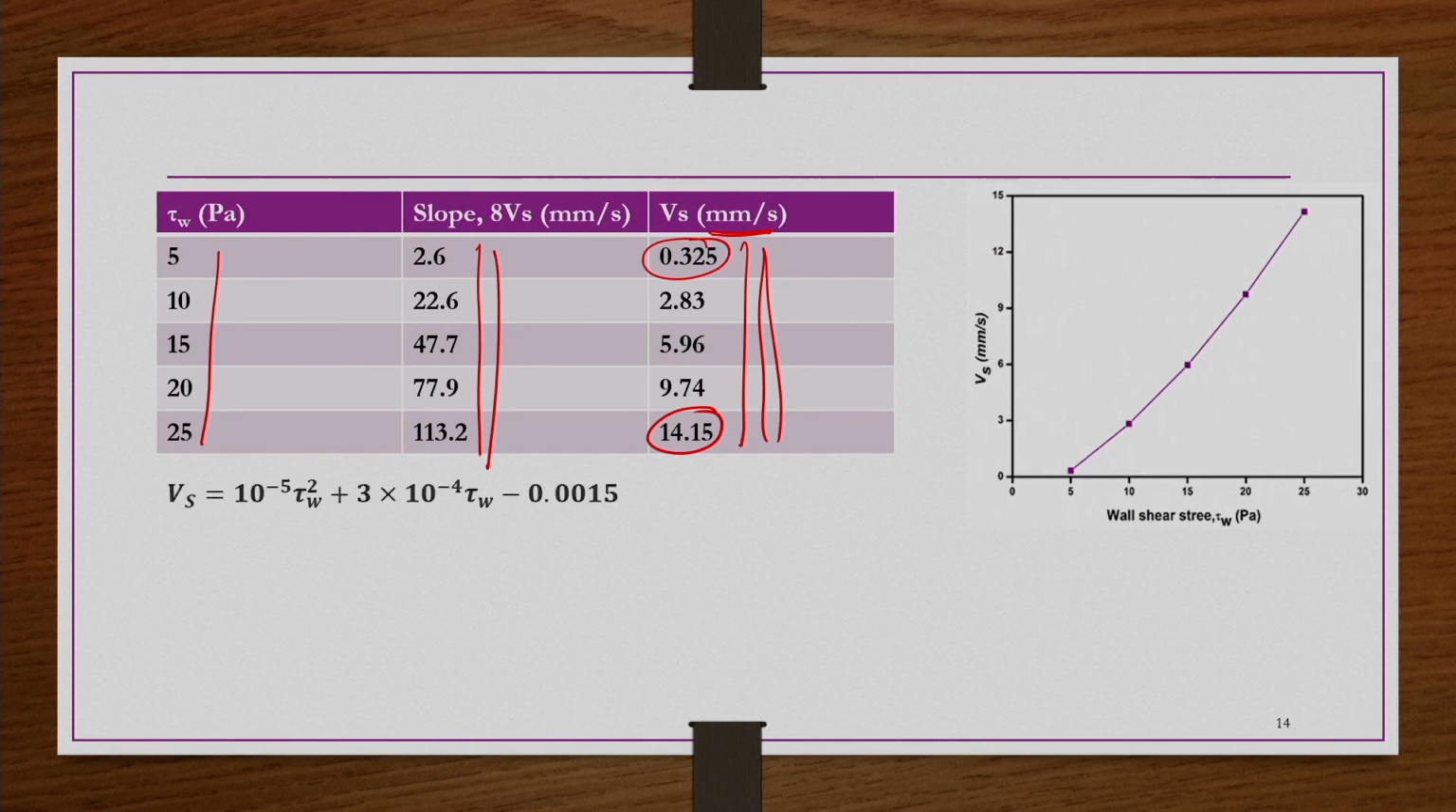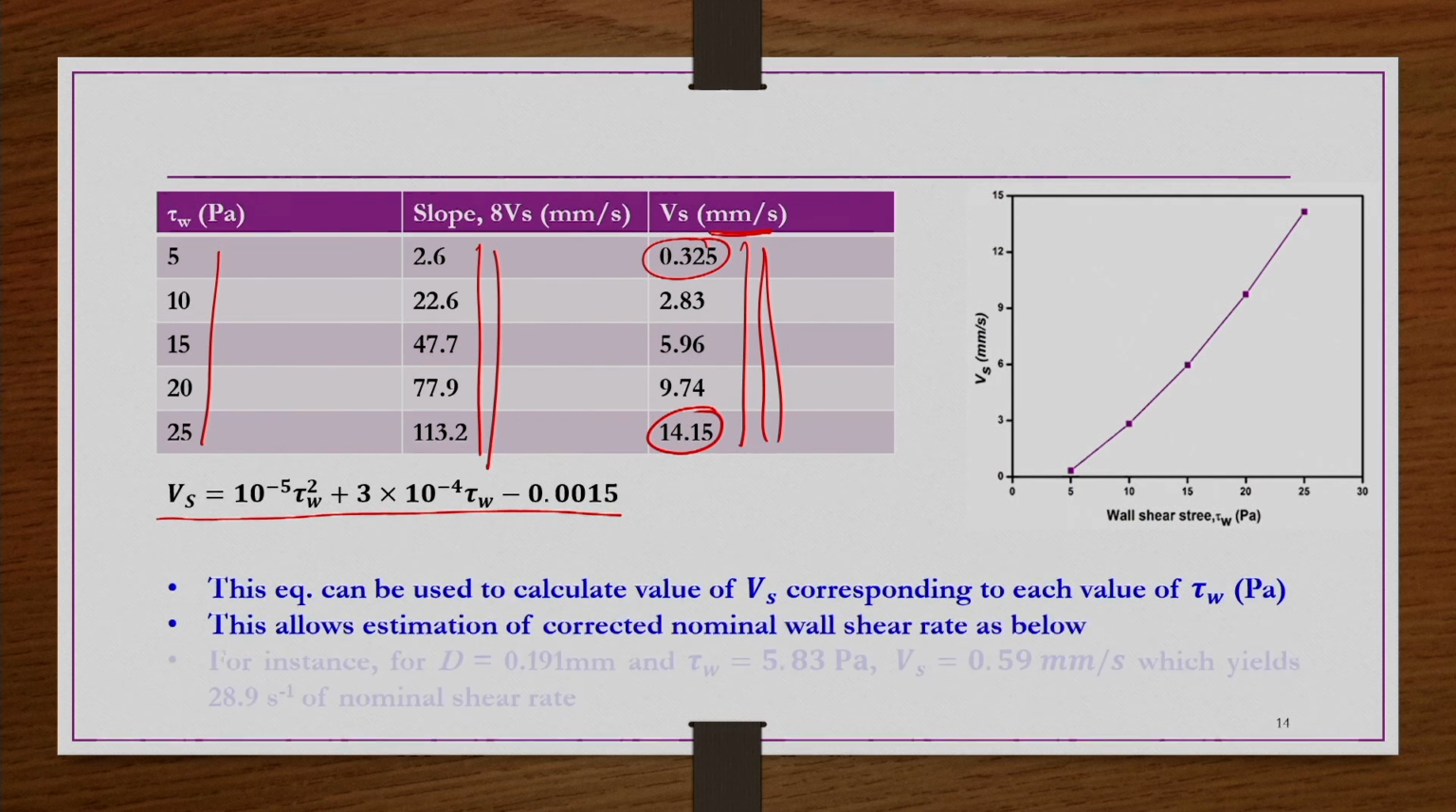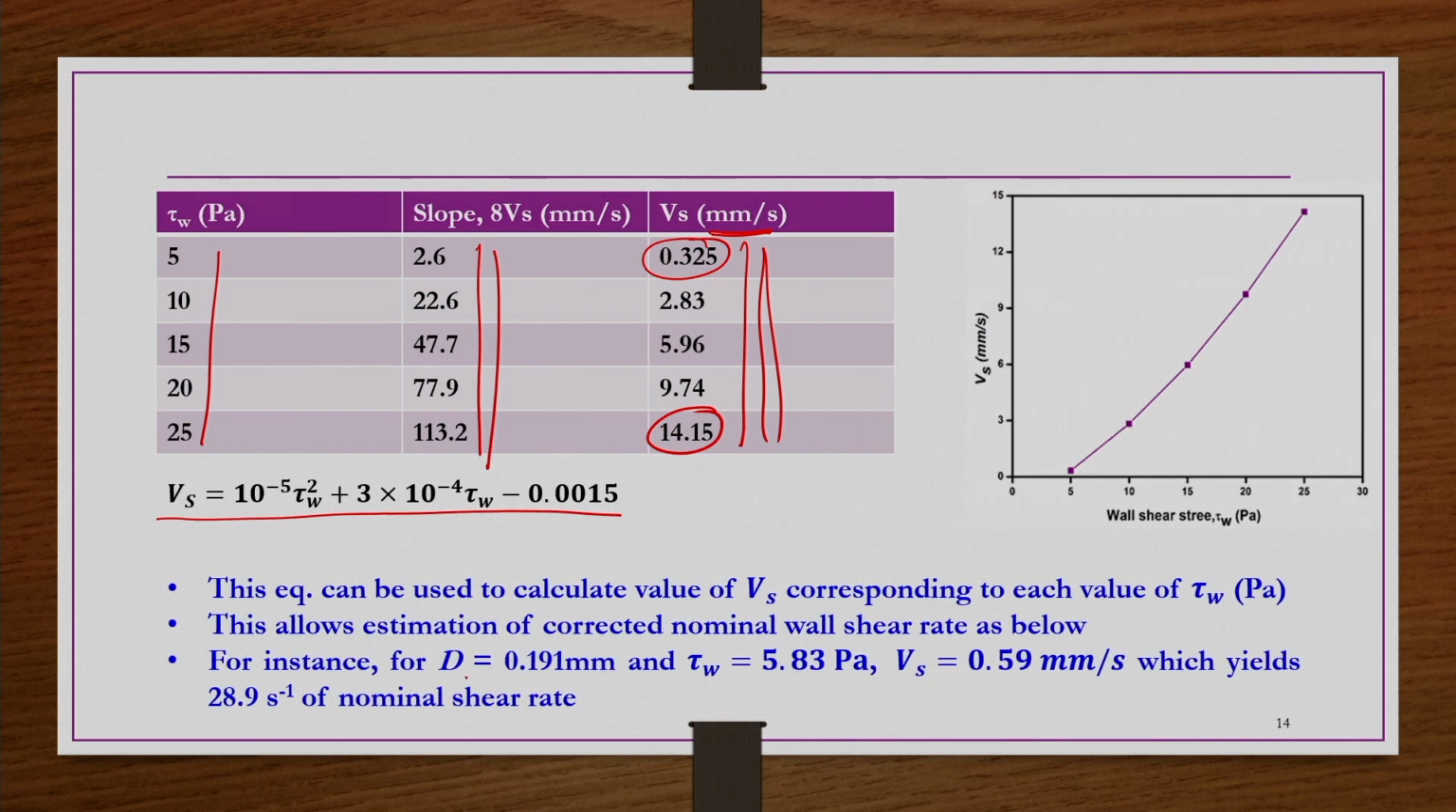Now, once you know this relation Vs versus tau w, then you can substitute the required value of tau w in this equation and then find out the corresponding Vs. Let us say for the first data point when d is equal to 0.191 mm, we found tau w is equal to 5.83 pascals. When you substitute this 5.83 pascals in this equation, then you will get Vs is equal to 0.59